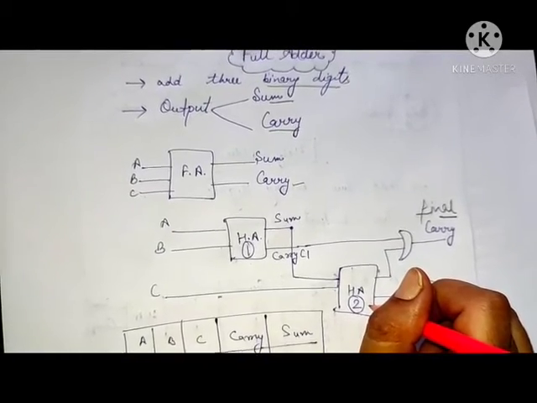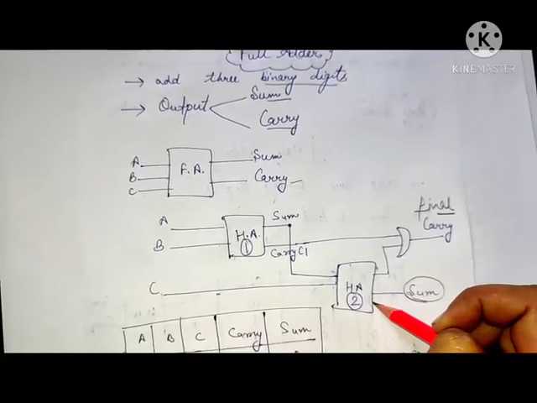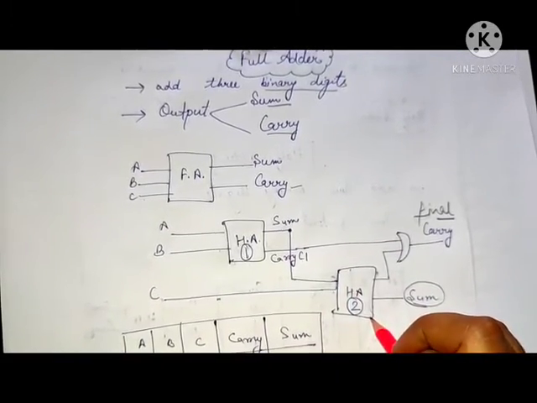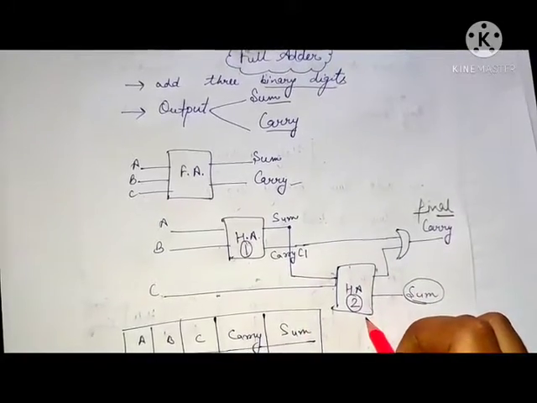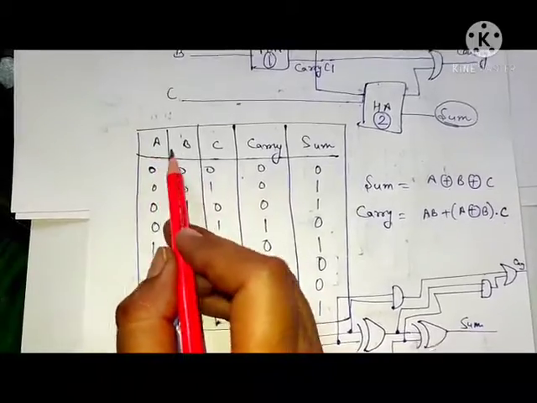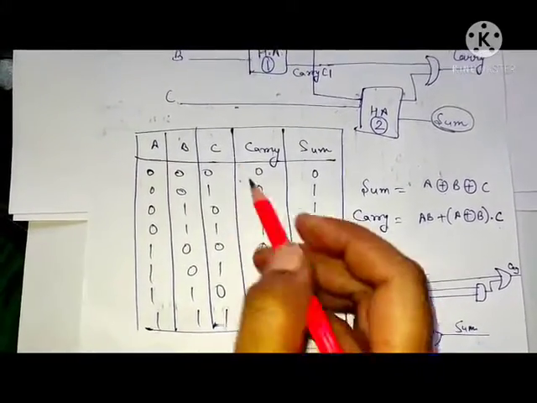Actually, the internal working of a full adder is that two half adders are used in it. Yes, so this is its working. Half plus half, that becomes a full adder. And this is the truth table. We have three inputs, so that's why I'm writing the 8 combinations.